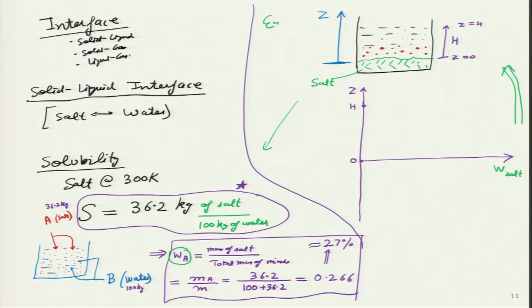This I am calling example number 2. This is a separate example from the one we just did, which was the limit of solubility. Please remember, in example number 2, we have not reached the limit of solubility, which means we are talking about W salt. And just to make it a little interesting, I may also define one more thickness over here. Let me call it length L, which is this much salt in solid form, which means over here this is my length L.